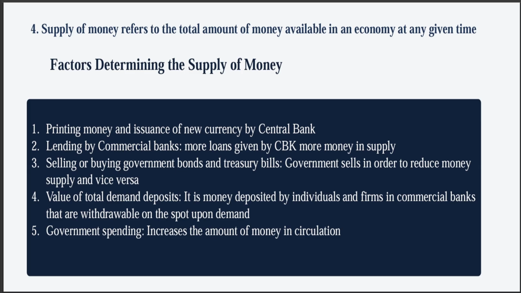Sawa? And I want everyone to understand me. If the government sells the bonds, they usually reduce money supply, kwa sababu selling involves yani wako na hizo bonds, so wakisell yamaanisha hiyo government watachukua pesa from the economy. And if it buys those bonds, yamaanisha the government is giving out money to the economy. So and the more the money will be in supply. So in short, if the government sells, they reduce money supply.